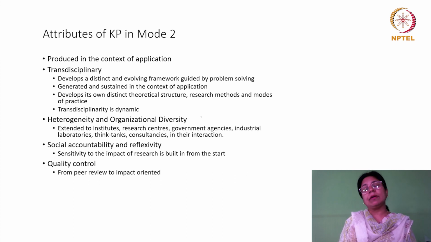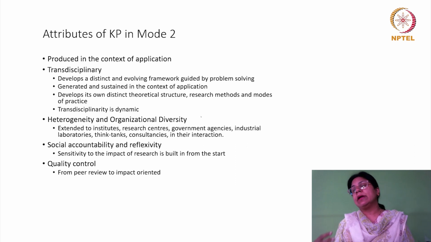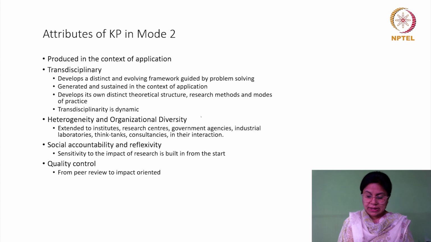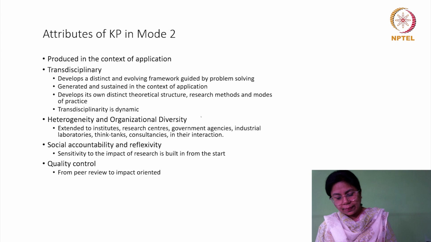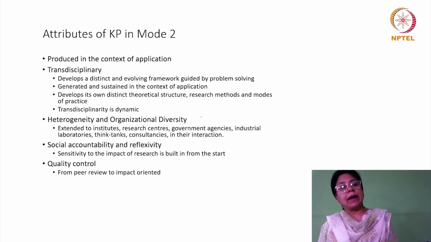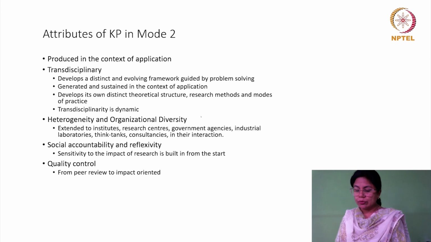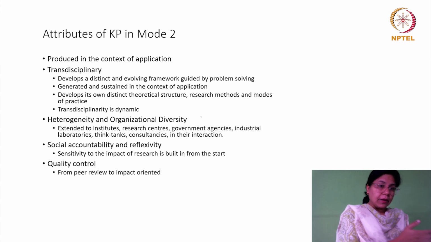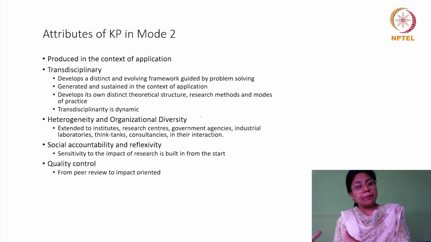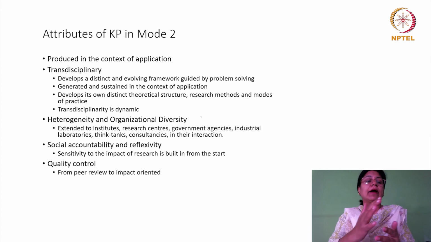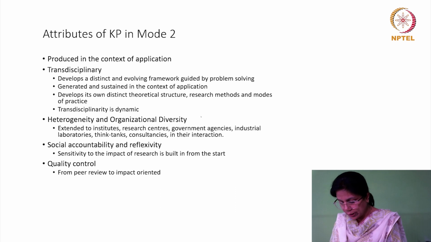These applied disciplines do share some attributes with mode 2 in that context of application, but the authors claim that mode 2 is more complex than that. It is shaped by a more diverse set of intellectual and social demands than was the case in many applied sciences. So what they're trying to do is make a distinction: within mode 1 there were these applied sciences, right? So why aren't we just talking about the applied sciences? The authors say no. In fact, we are talking about a much broader idea.